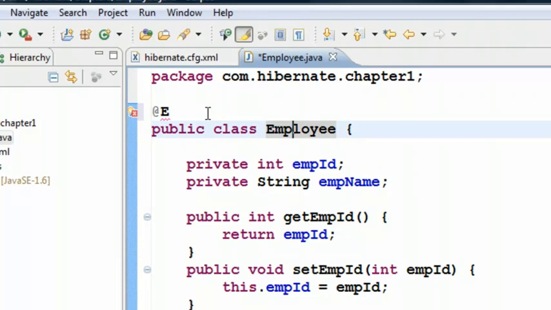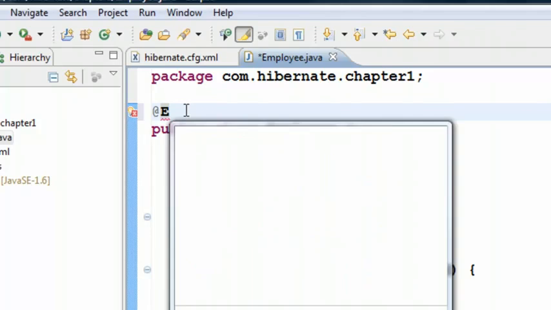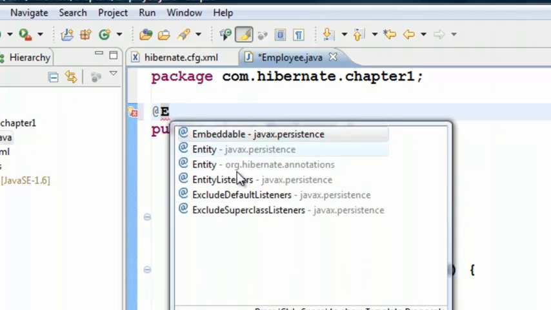If you put a control and space bar after that E, it will give you this list here. Now you will see Entity in org.hibernate.annotations and